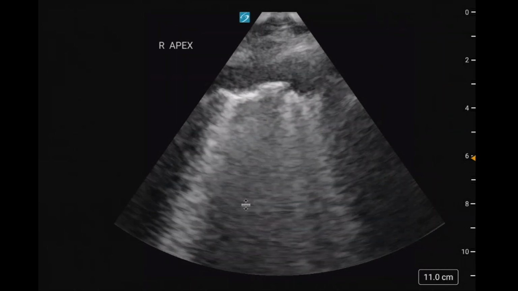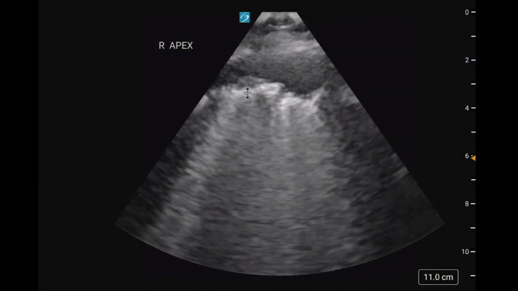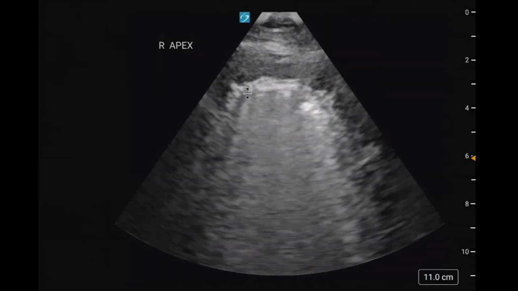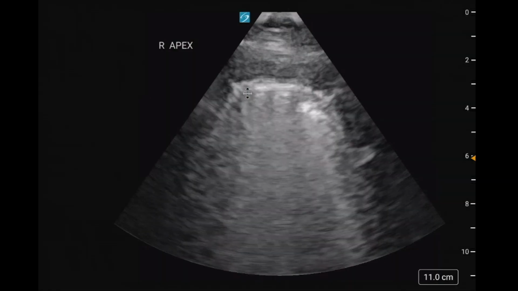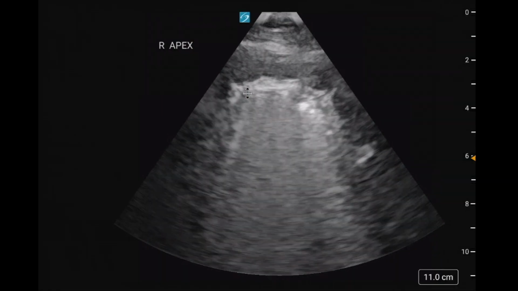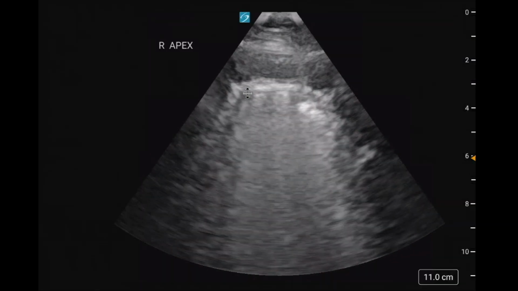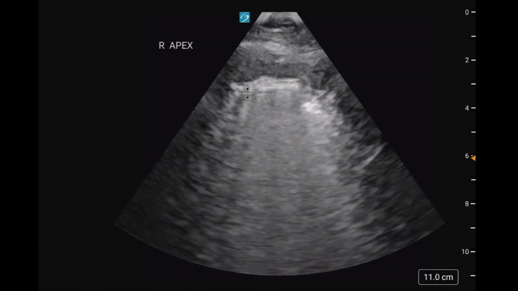Sometimes they call it the shred sign when this pleural line gets thickened like that. So some sort of consolidated lung, whether that's infection or from mass. I think in her situation, she did have a large mass around the pleura that was preventing that lung sliding. Because that artifact you get is when a parietal pleura, which is surrounding the chest cavity, and the